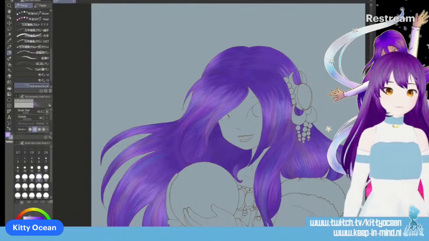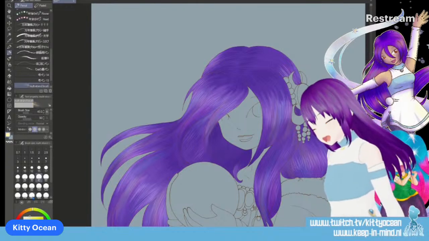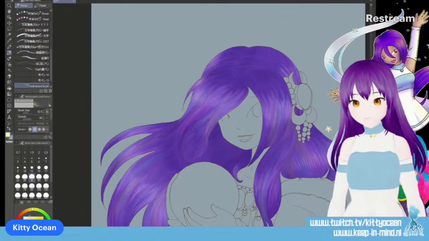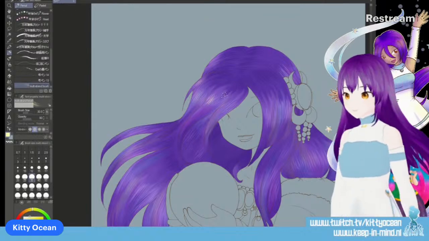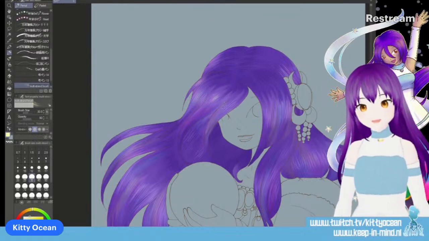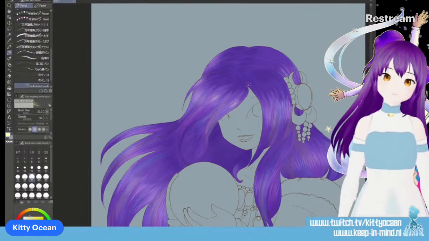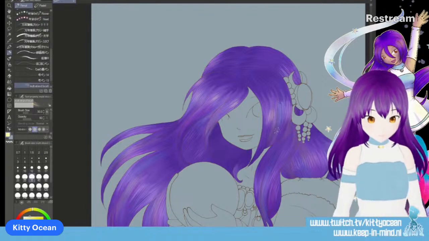Now to get the silly rainbow effects. Because I noticed that yellow is a very nice contrast highlight to use.